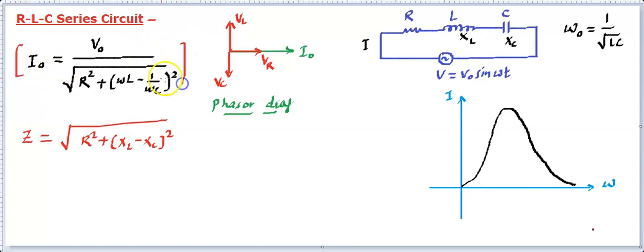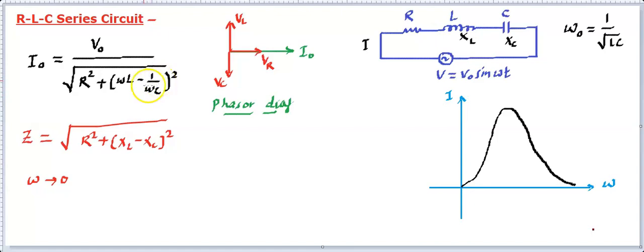Now you see how this current varies. This current in an RLC circuit depends on omega, that means the frequency of the source that we are having. And if we change this omega, you'll find this current will be changing. Now some obvious values we can check. If we place omega tending to 0, then you'll find this term will become 0 and this term will become